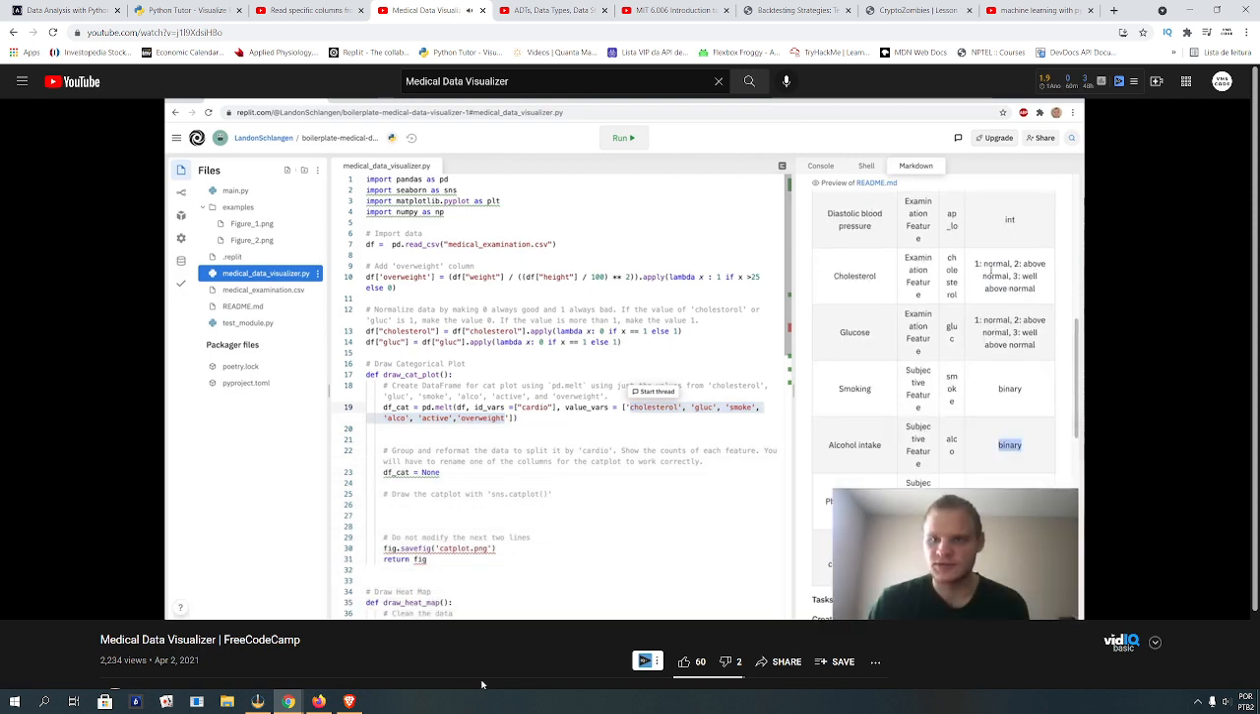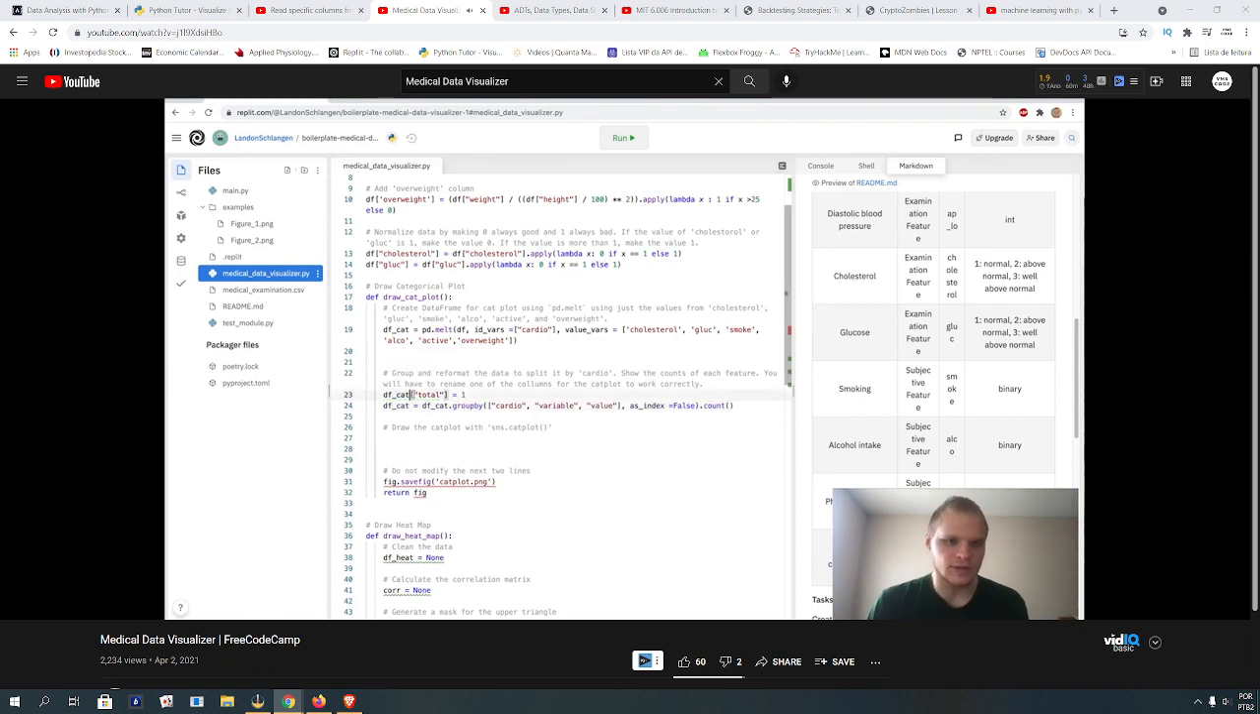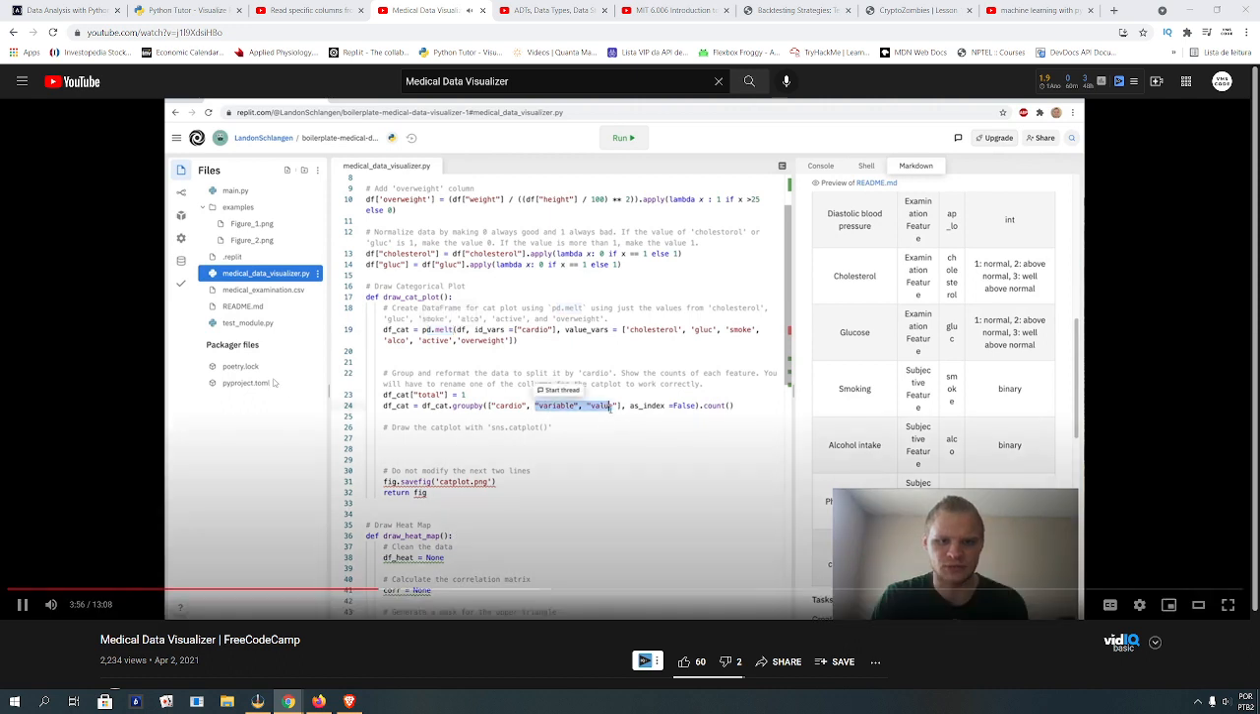Glucose would have been 1 of normal, 2 above normal, and 3 well above normal, but we changed that right here with cholesterol. If it equals 1, then make it 0. Otherwise, it's 1. 1 would be bad in this case, like above normal and well above normal, and then 0 would be just normal. Now we need to group and reformat the data to split it by cardio, show the counts of each feature. You will have to rename one of the columns for the cat plot to work correctly. So the way to do this is like so. I'm guessing this is the renamed column, or we just add a total column that equals 1. And then we group by cardio, variable, and value, because this pd.melt thing makes a variable and value column in our